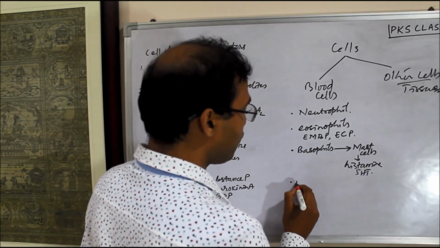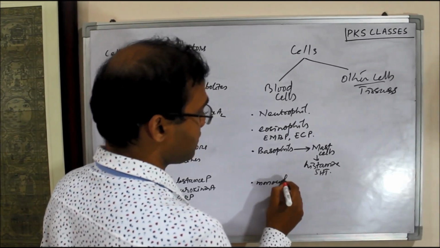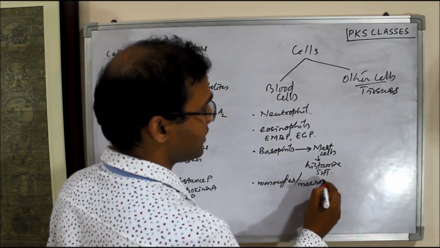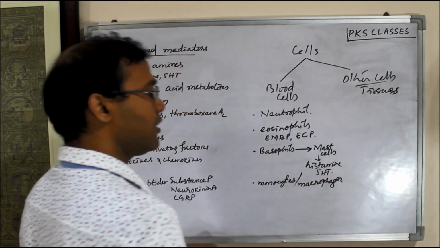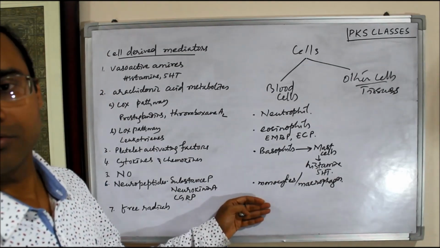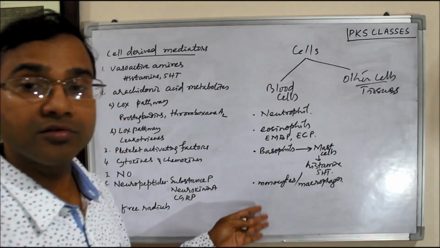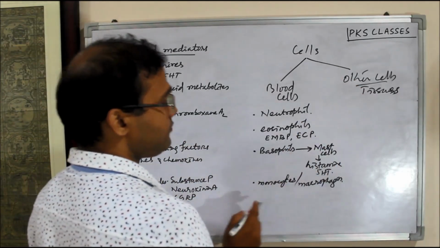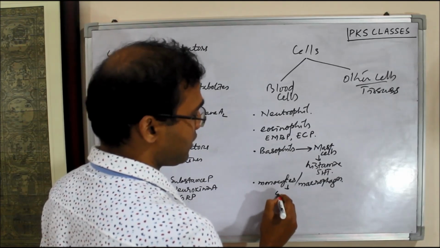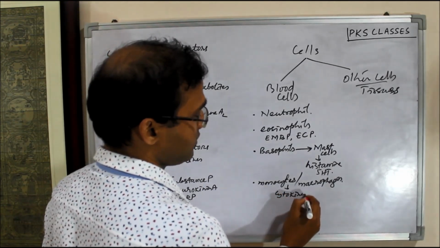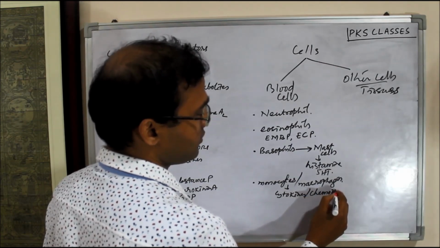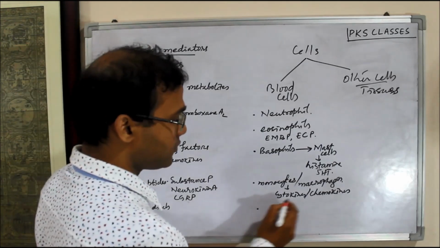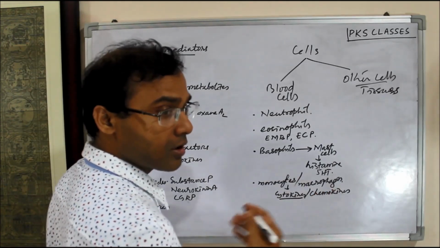Then we have the monocytes, which are also called macrophages. Again, they can cause phagocytosis, and they can also release cytokines and chemokines. Those released from monocytes are called monokines,